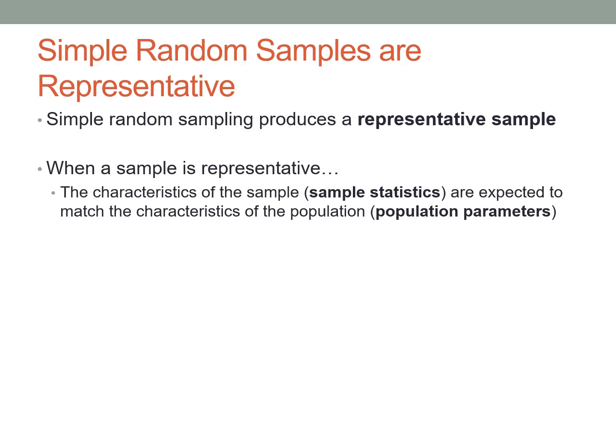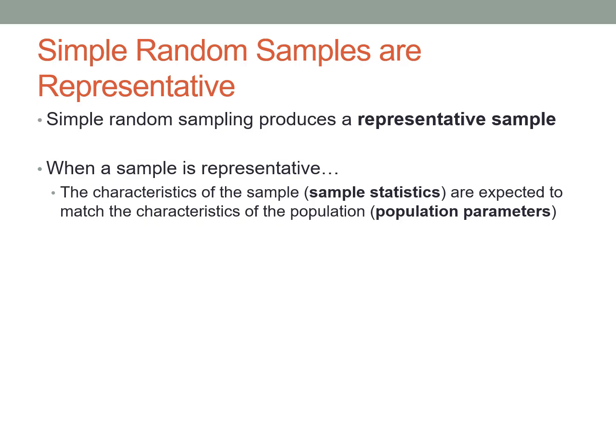The characteristics of the sample can be expected to match the characteristics of the population that sample was drawn from. In other words, the sample statistics, such as the sample mean or sample standard deviation or median, are expected to match the parameters, such as a population mean, population standard deviation, or population median, of the population they were drawn from. So this is a really, really useful characteristic. If we want to use a sample to learn about the wider world, in other words, to learn about a population, it's going to be really helpful that a simple random sample can be expected to match that